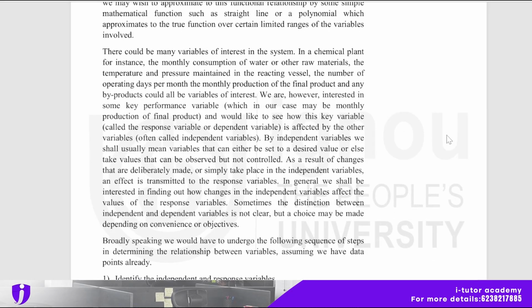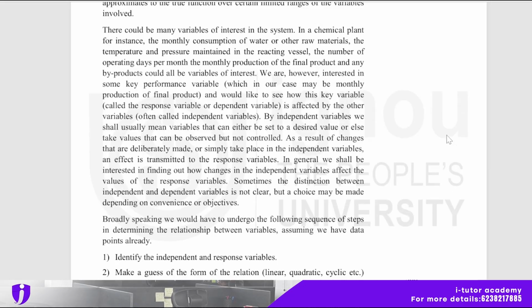There could be many variables of interest in the system. In a chemical plant, for instance, the monthly consumption of water or other raw material, the temperature and pressure maintained in the reacting vessel, the number of operating days per month, the monthly production of the final product, and any byproduct could all be variables of interest. We are, however, interested in some key performance variable and would like to see how this key variable is affected